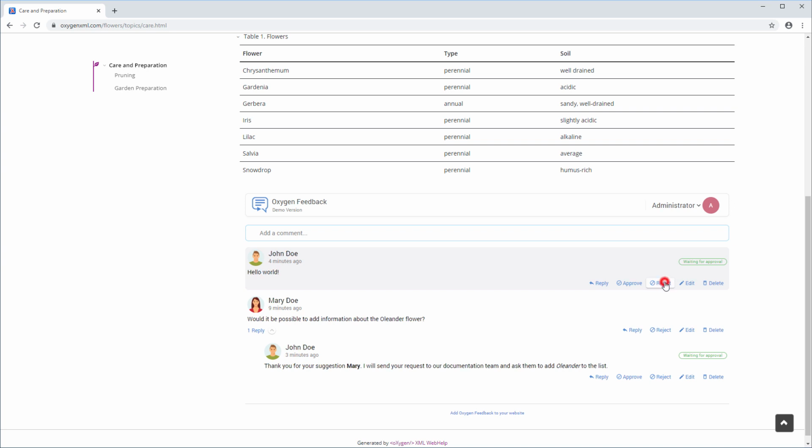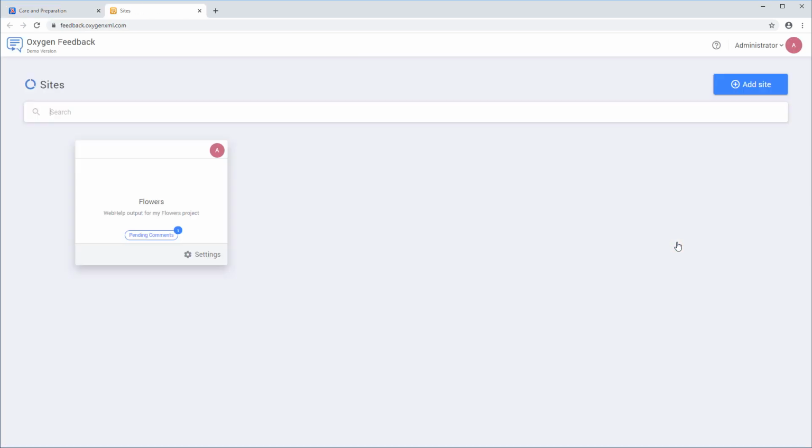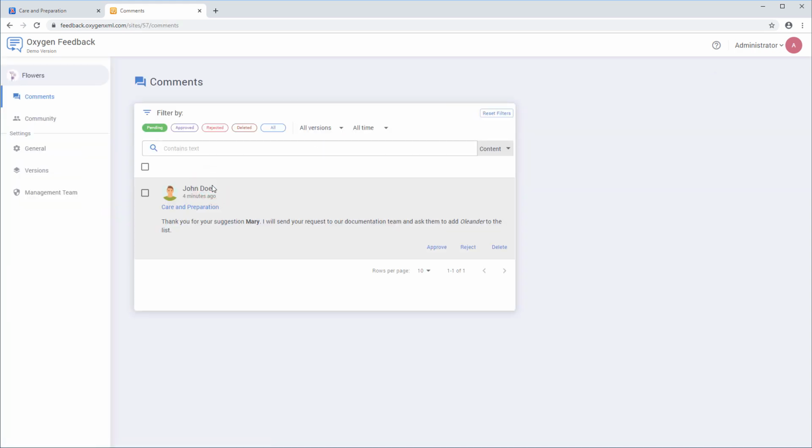There are several ways to moderate comments. One way is to approve or reject the comments directly in the output, like I just did with one of the new comments. I can also do this from the admin interface. There's a shortcut in the output for reaching the admin interface, and that is by selecting Home from the Username drop-down menu. And if I click the tile for my site configuration, I am taken directly to the comments page